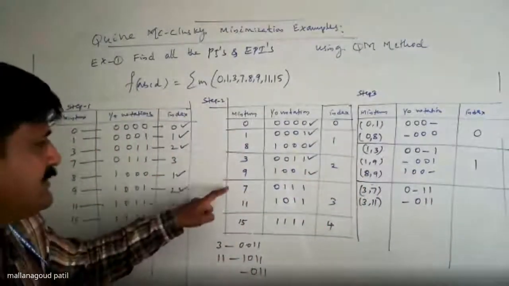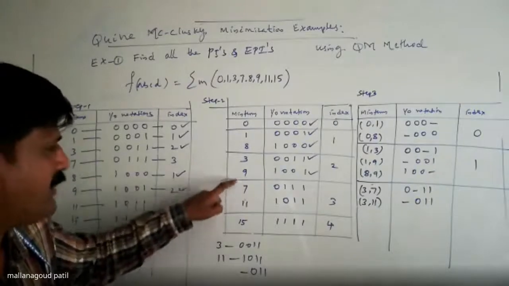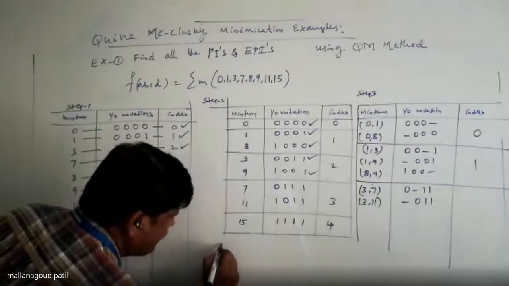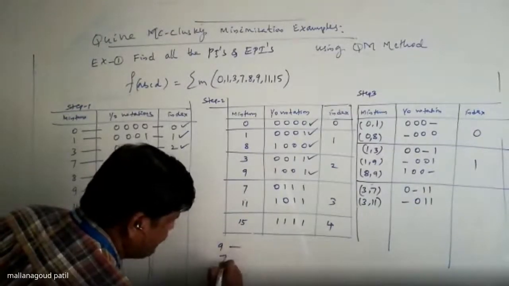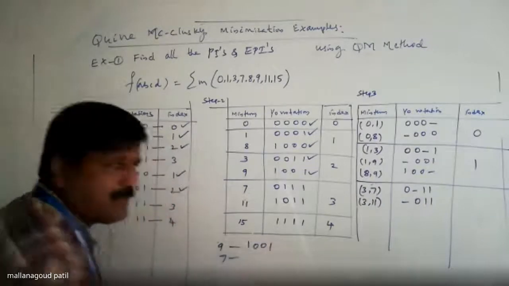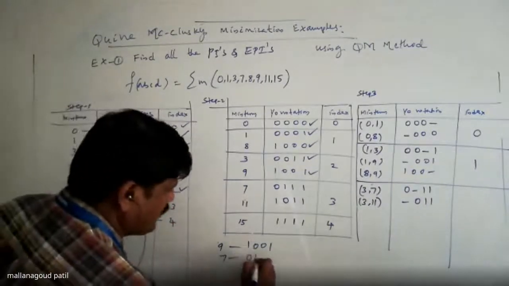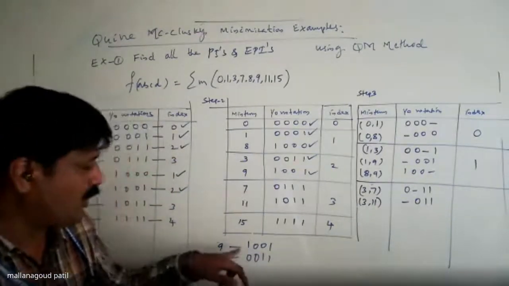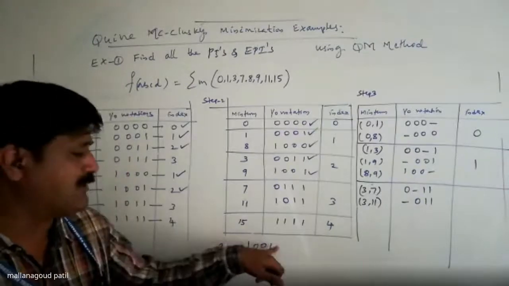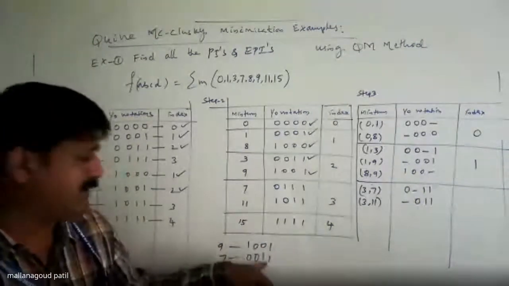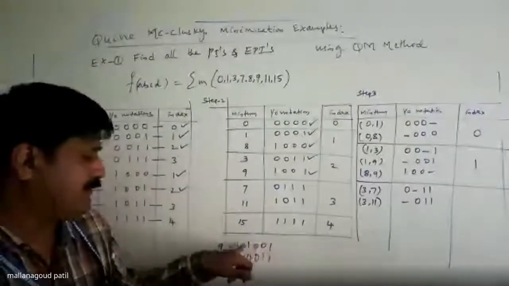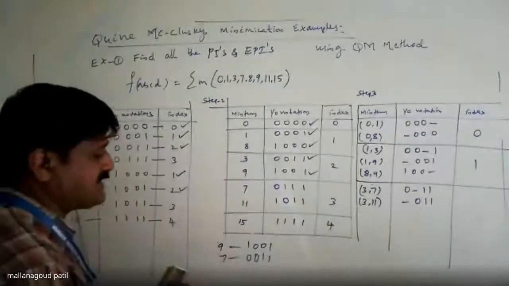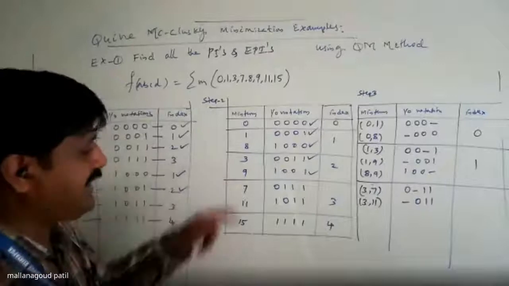Next, 3, 7 is over, 3, 11 is over. Now you can check it with 9, 7 and 9, 11. The 9 representation will be 1, 0, 0, 1. The 7 representation will be 0, 1, 1, 1. Now you can check this one. Is it logical adjacent? No. Because the 9 representation is 1, 0, 0, 1 and the 7 representation will be 0, 1, 1, 1. The bits varied are the first bit, and the third bit. Then you can say directly these two are not logically adjacent. Next you can go for 9 and 11.